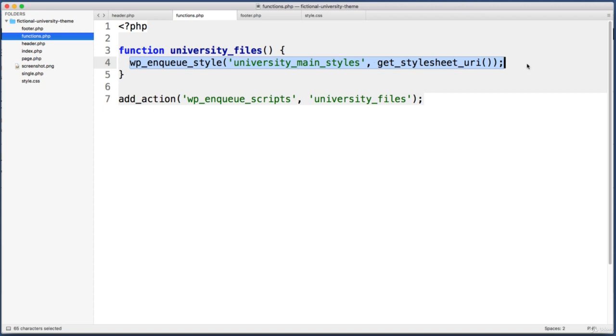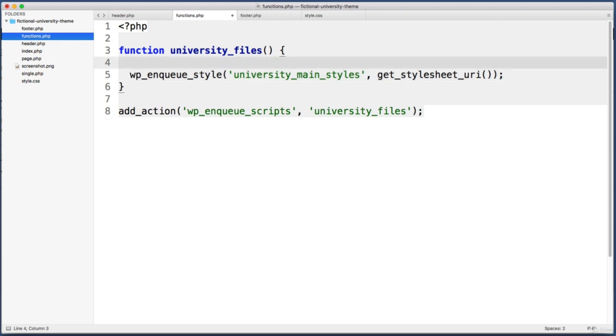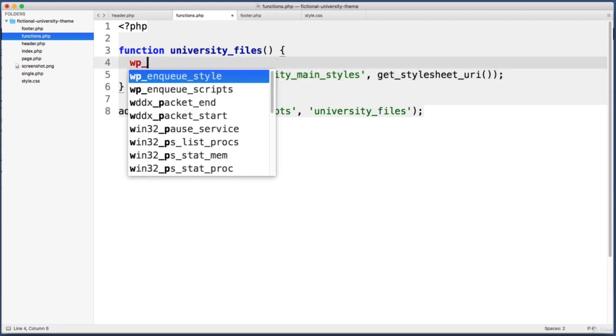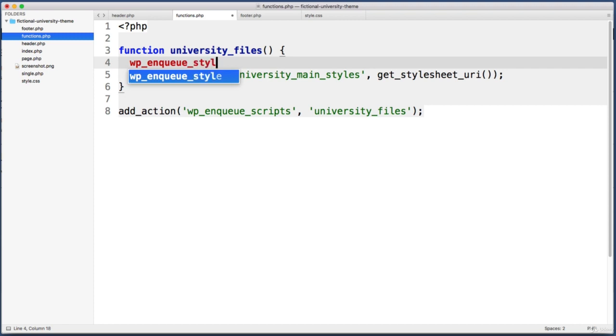So if we want to load another CSS file, what we can do is just right above this line, let's call the wp_enqueue_style function again. All right, now within the parentheses, we want to pass in two arguments. The first is a nickname that we get to make up. Why don't we call this one Font Awesome? The name doesn't matter, it should just make sense to us. And then comma, and then let's include a second argument, and this just needs to be a location that points